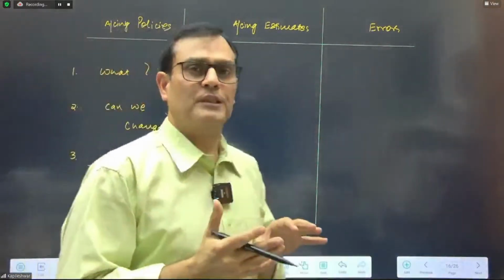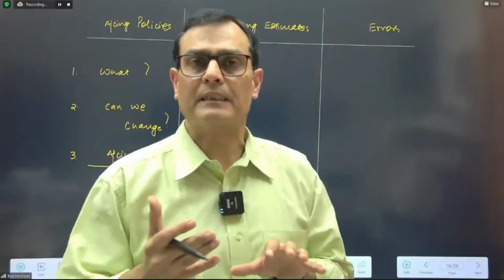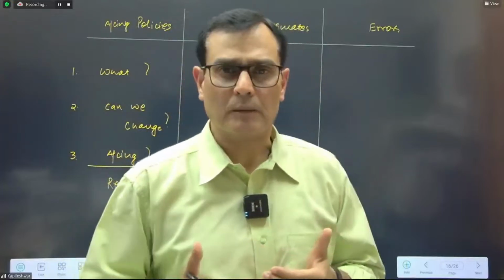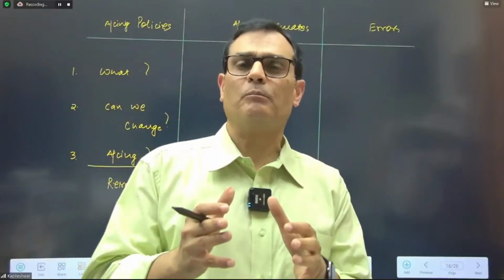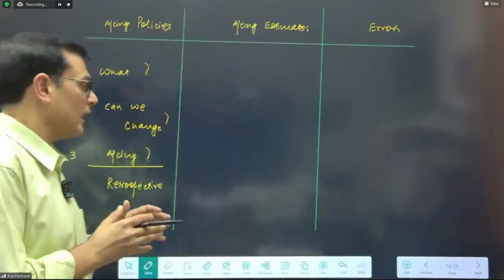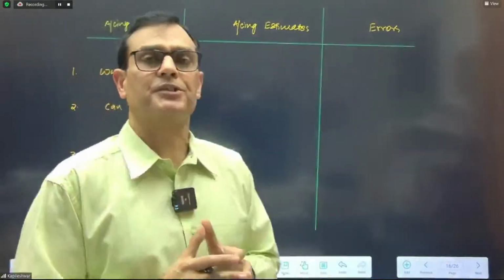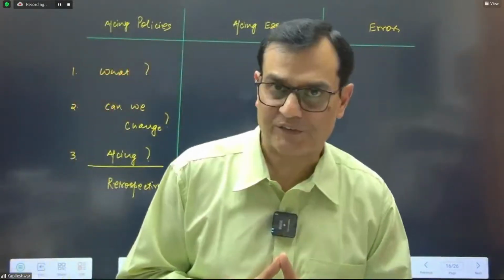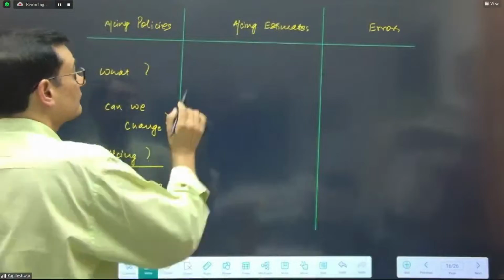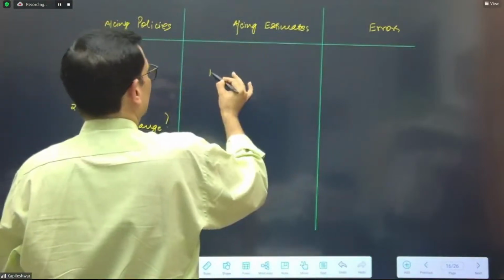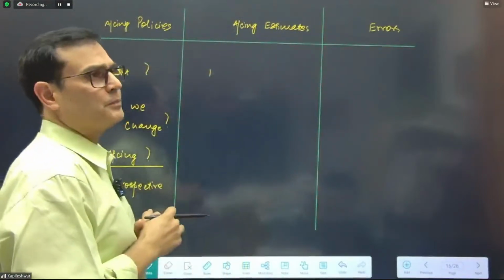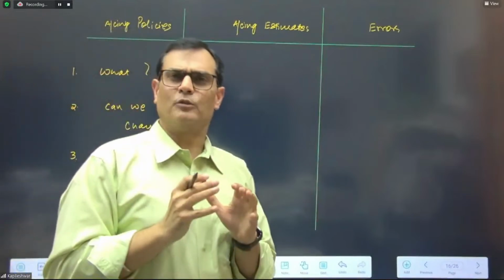Are we supposed to follow these policies consistently year by year, or can we change an accounting policy? And if you change the accounting policy, in those particular cases, are you going to account it on a prospective or a retrospective basis? So the answer is it's going to be on a retrospective basis. Next, when you look at the accounting estimates, well, in this particular case,